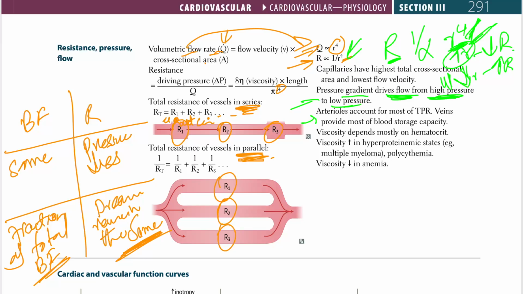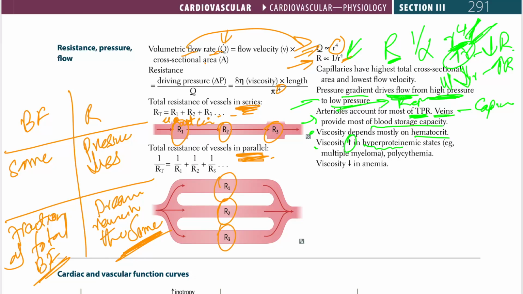Arterioles account for most of the TPR. We talked about how arterioles have the highest resistance, so they account for the most total peripheral resistance. The veins provide most of the blood storage capacity. So veins are capacitance vessels, while arterioles are resistance vessels. Okay, viscosity depends upon hematocrit. Viscosity, meaning how viscous a fluid is,